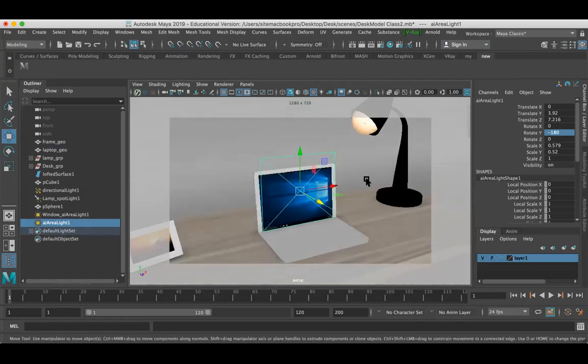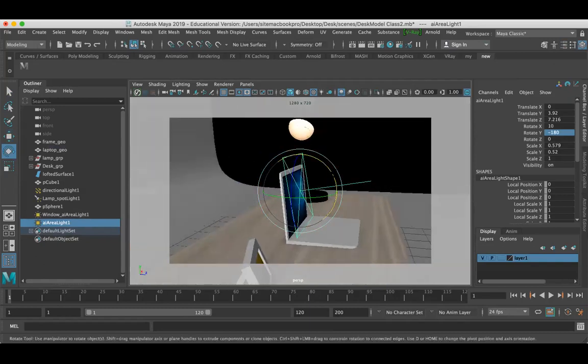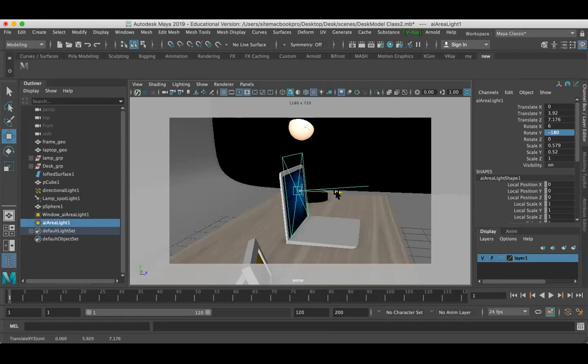I want to rotate it a bit, it's not completely straight. Yeah, so now I want to adjust the light shape.